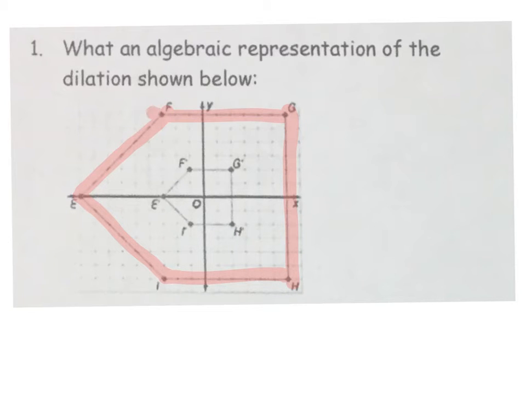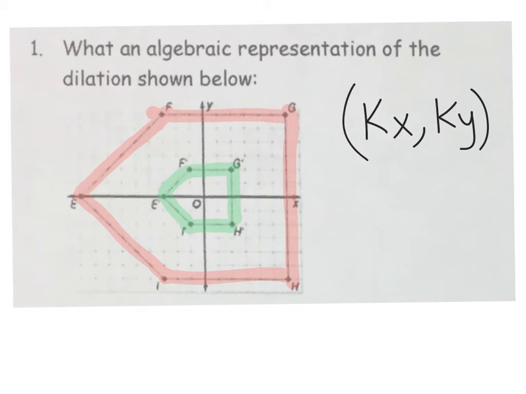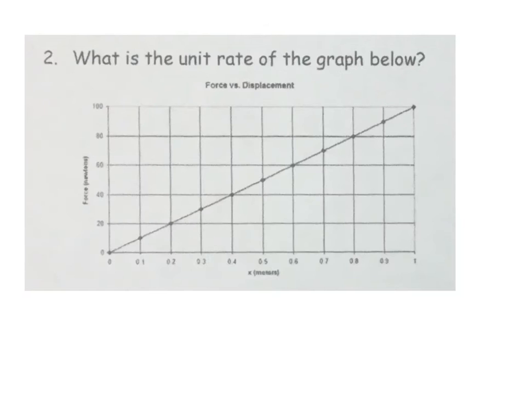And then in green, I'll highlight the new image. So it's going from the red to the green. So obviously we're getting a reduction. So now you're going to be able to go ahead and find your algebraic representation. So you need to find kx and ky. All right, that's number 1. All right, number